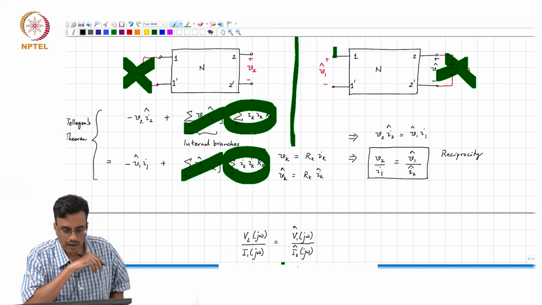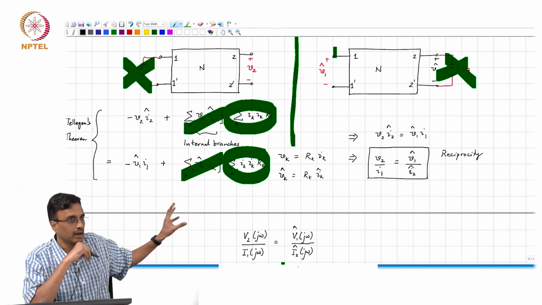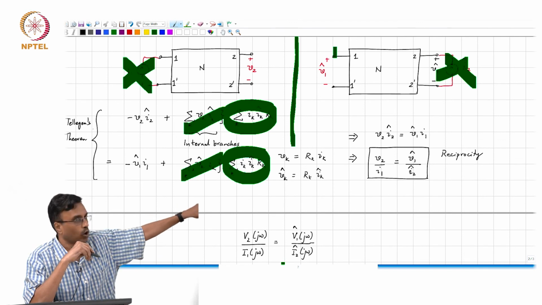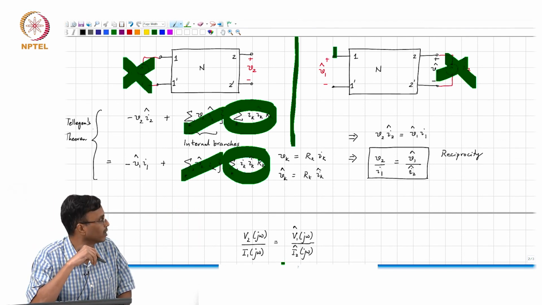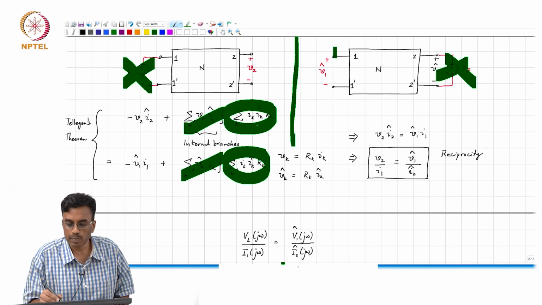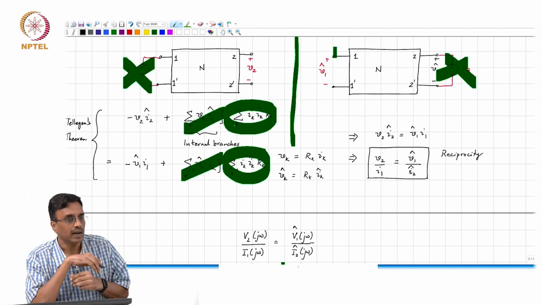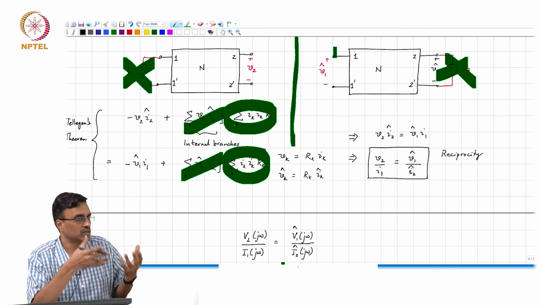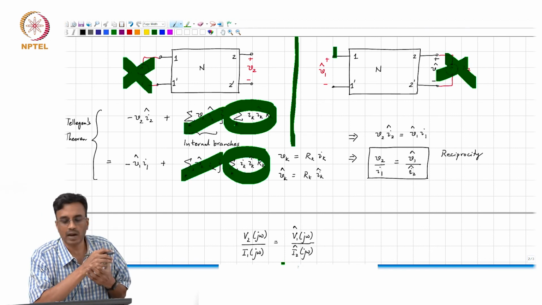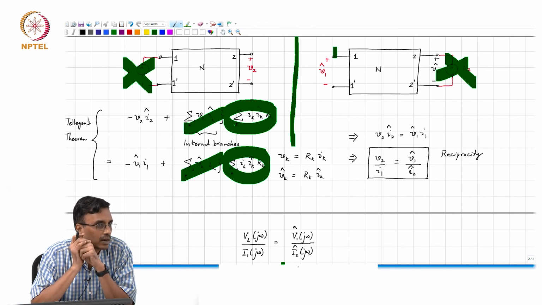The key point in the argument is, remember, Tellegen's theorem is valid for any network. It doesn't need linearity. What is allowing us to cancel out the pseudo powers dissipated in the internal branches? We are able to do that because we are able to express the branch voltage as some Rk times Ik, or in general, if there are impedances, Vk of j omega is some Zk of j omega times Ik of j omega. As long as that is satisfied, reciprocity holds.